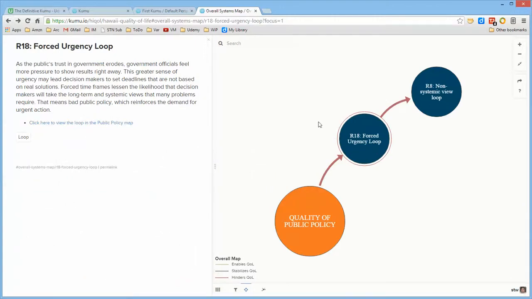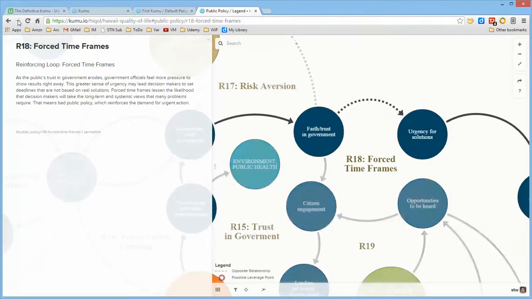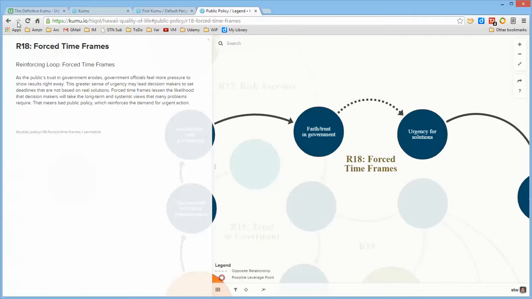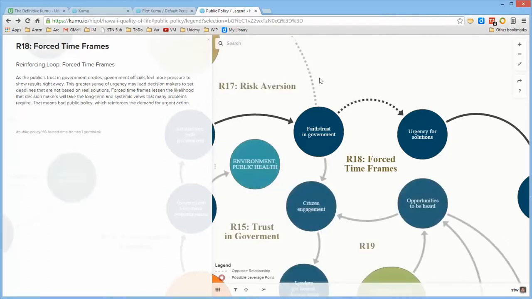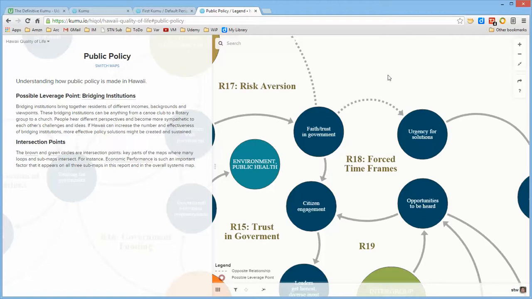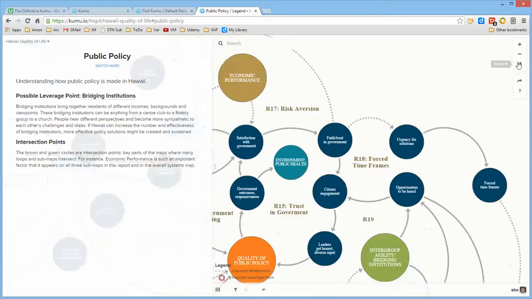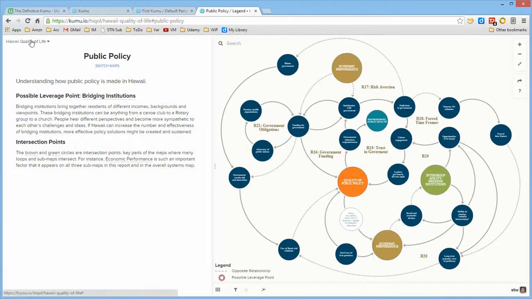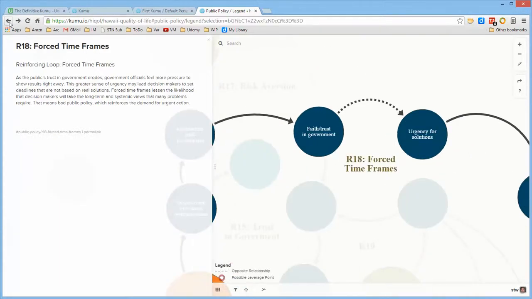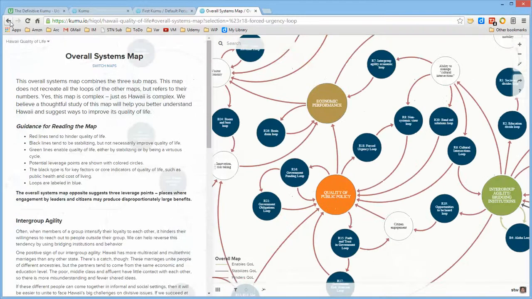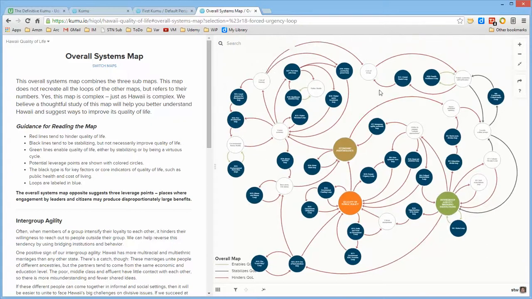You can always back up or go forward using the browser arrow keys, which are also the Alt and the arrow keys. So in terms of simply being able to see where am I, let me back up some more to get back to the overall map. To be able to walk through a very complex map in a piecewise fashion so that you don't end up being overwhelmed by it